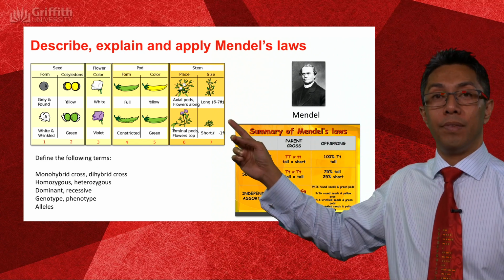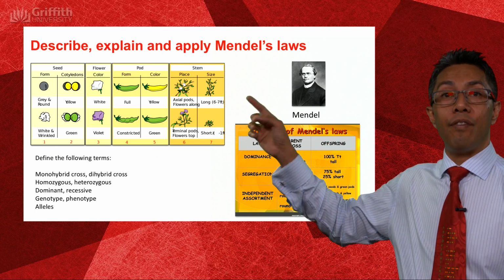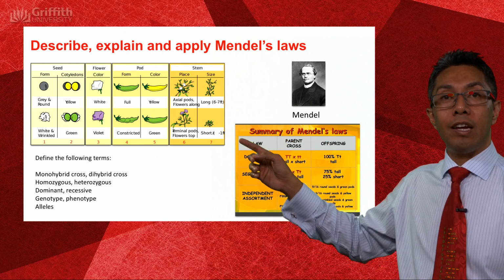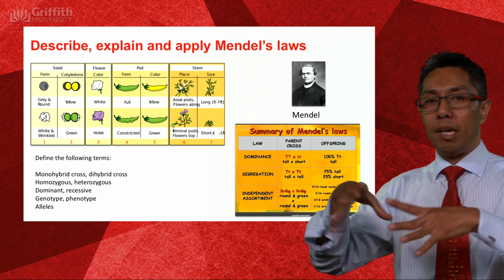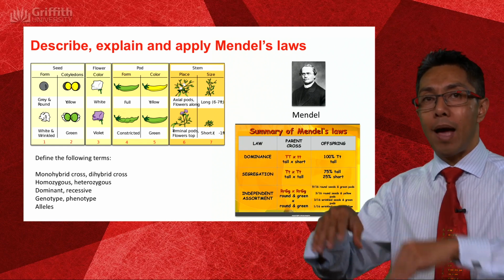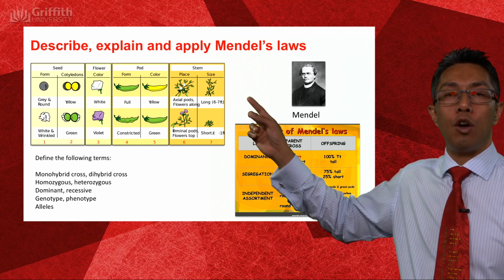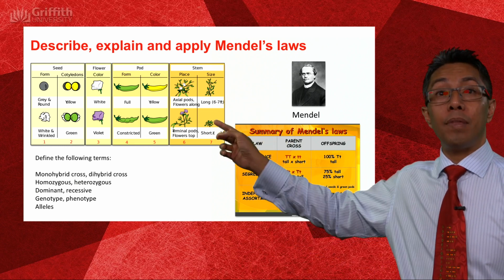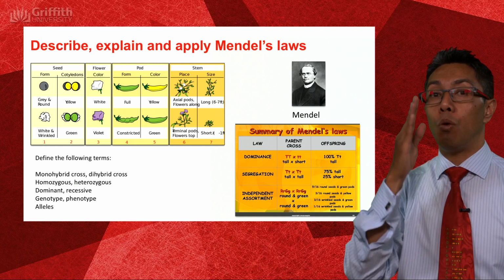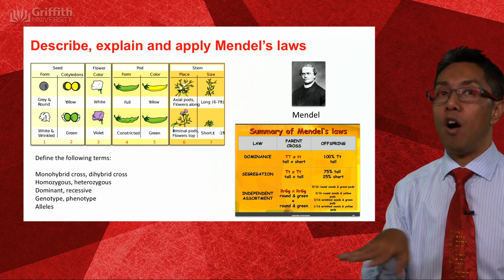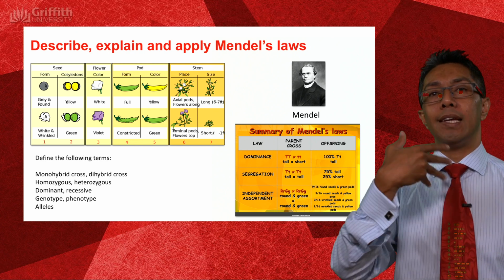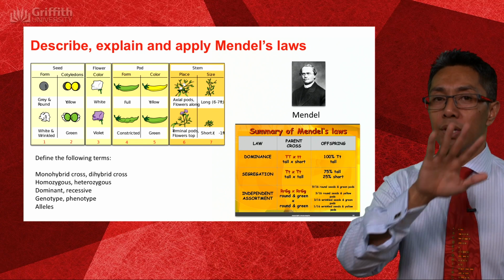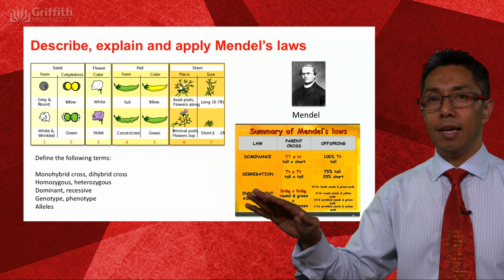So for example, when he looked at the pods, you can either have full pods or constricted pods. They can be yellow or green, not a mishmash, not a checkered pattern. Okay, it'll either be full on yellow or full on green. Same thing with flowers. He found the pea flowers were either white or violet. Nothing in between. And so he started to realize that when he was looking at these particular characteristics,